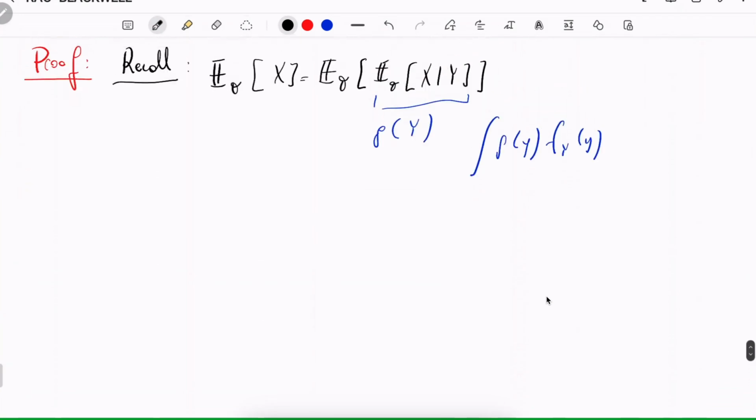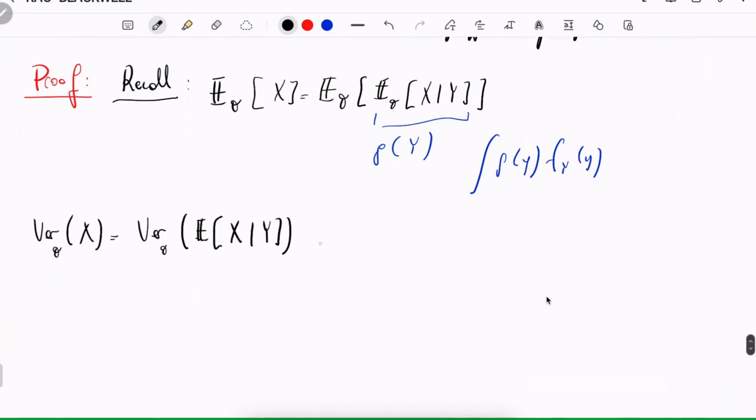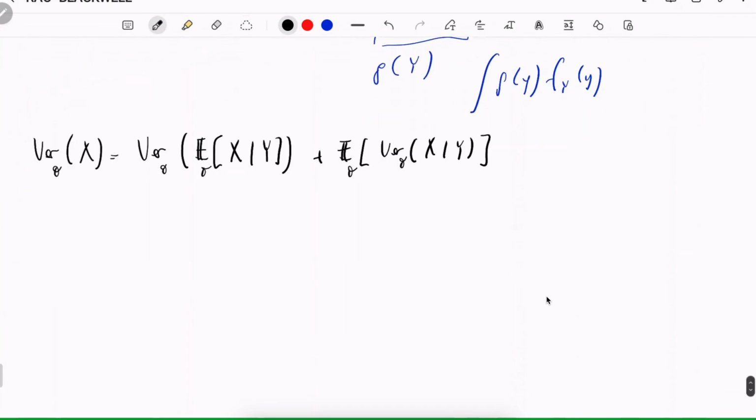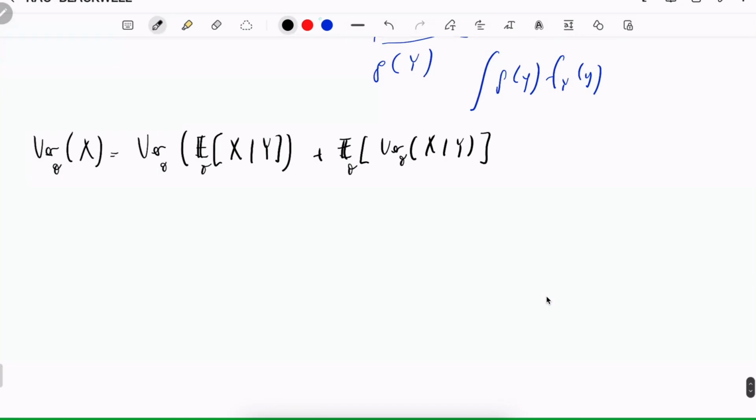And obviously, another thing that is very used is the variance decomposition formula, which I will remind you is this guy right here. It's the variance of the conditional expectation plus the expectation of the conditional variance. Now, if I ever forget theta, it's not important, but it's always there. Now, at this point, we literally have the claim. Let me show you.